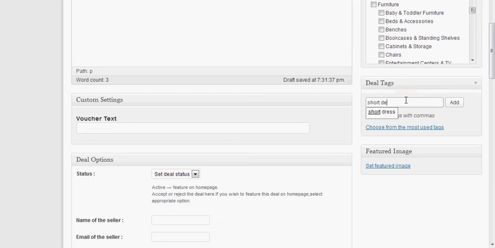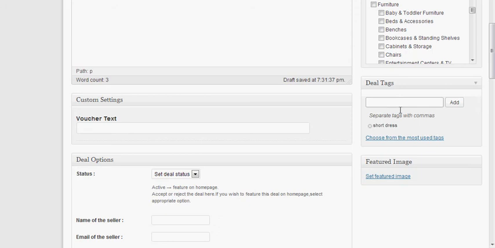So when someone comes and looks for a short dress, press enter and it's going to add it right here. And you can put more. You want people to find it on the dress, add. You want people to find it on the pink dress, for example. Just to give an example,